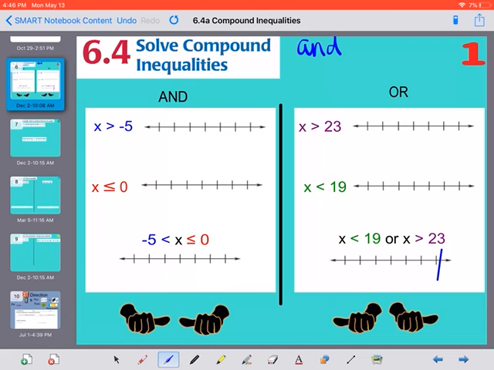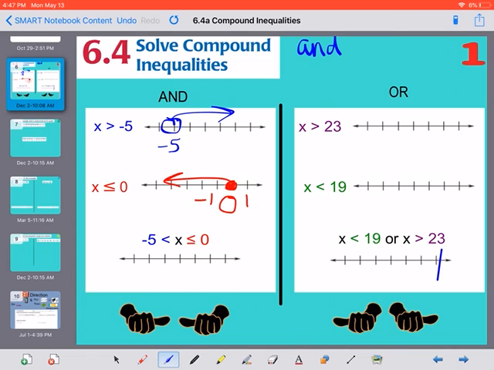So instead of just graphing x is less than negative 5, greater than negative 5 would be an open circle pointing to the right, and then a separate one with 0, here's negative 1, positive 1, with a closed circle pointing to the left. Instead of doing those separately, we can graph them together as two inequalities. So what we did is we joined those two together. So if we wrote them next to each other,